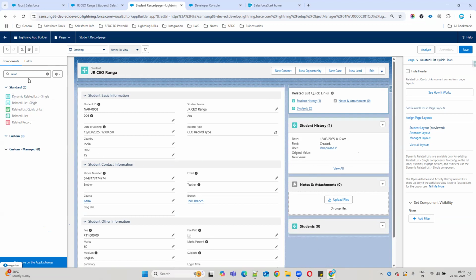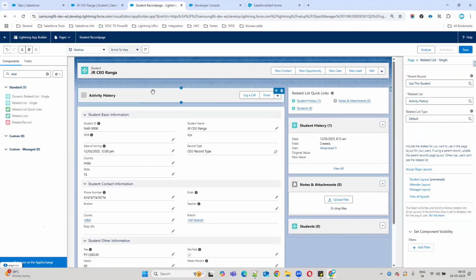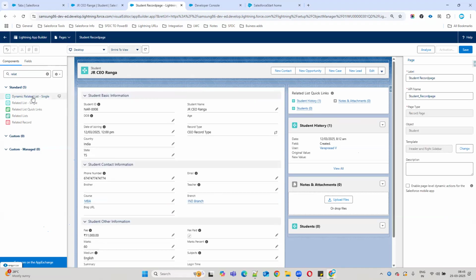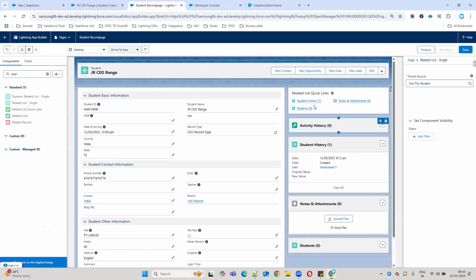Okay. And what else can you add here? Related list single. You can choose one related list at a time. If you want to choose only one related list at a time, you can use this option also. Activity history, I don't want now. I can add activity history.